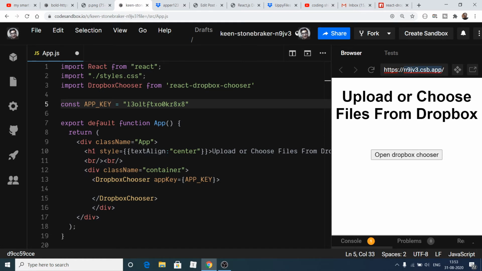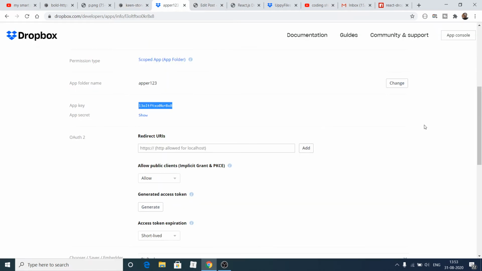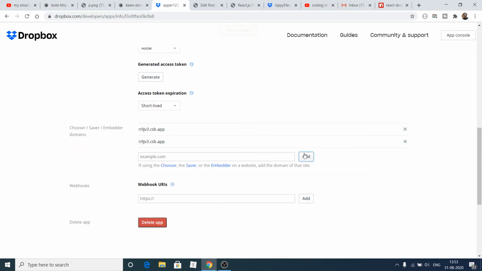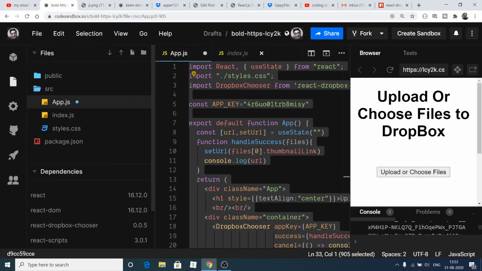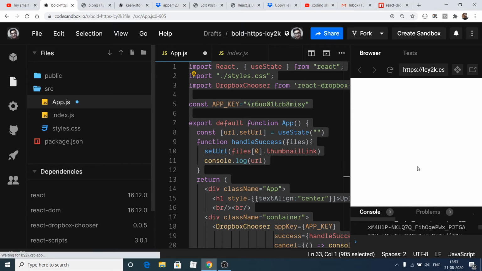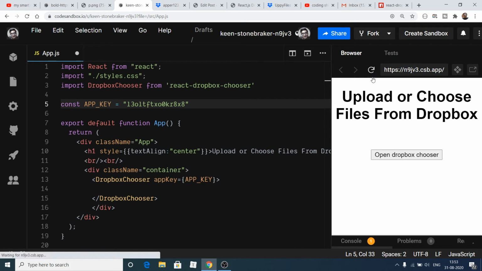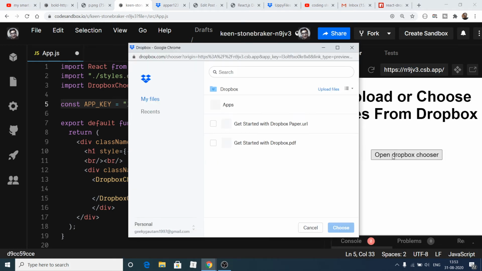Let me paste this domain name and click on add. That's it. Now if I refresh it, hopefully this will work. Oh sorry, this is my app here. Let me now refresh here. Now you will see your Dropbox file chooser will work because your domain was added.